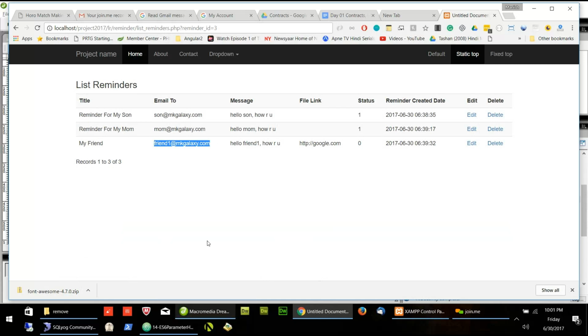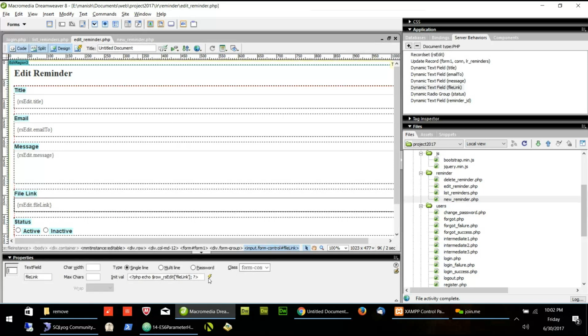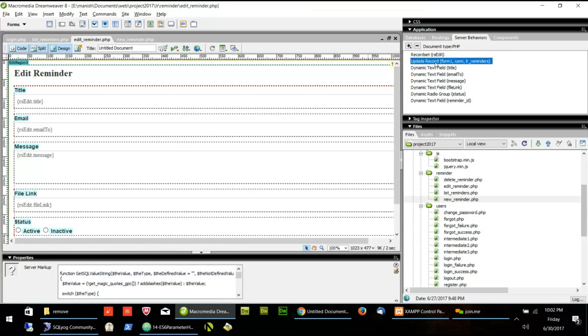Is edit part clear or I should explain it again? Clear. And it is same as we did edit in the basics. There is no change. First we have to create the record set for edit. Then we have to make the form. Then we have to update record. There are 3 steps. First is record set, then create the form and update each field with the dynamic value which we get from the RS edit and then call the update record. Kate, is it clear? Yes.